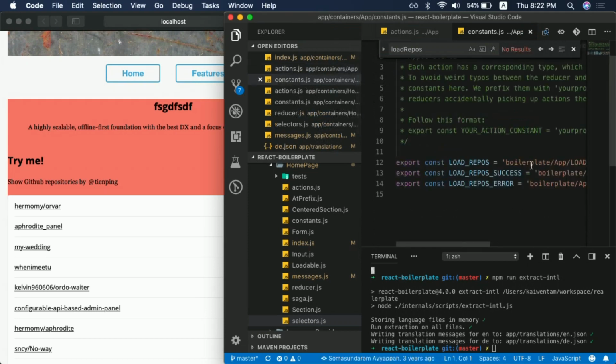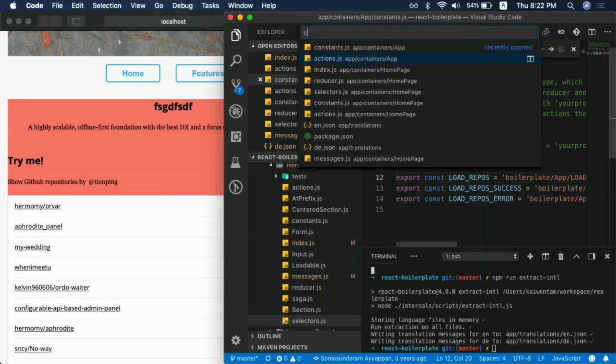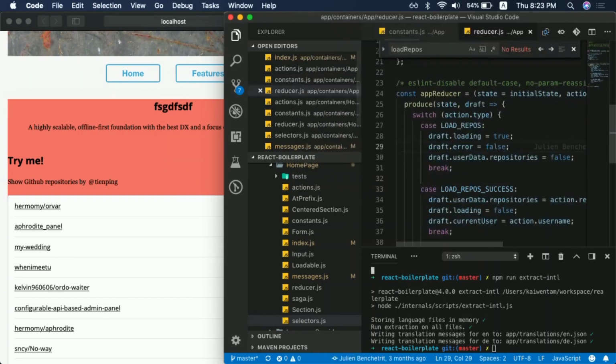So they define here. This is a value, the string, but we just need to remember the variable. What happened is there's an inside container, apps, reducer. They are listening to this value, and on trigger of this action, they will set error to false, loading to true, and the data to false. If following the Redux structure, they return the value, the selector picks the value, and passes it back to index. But at the same